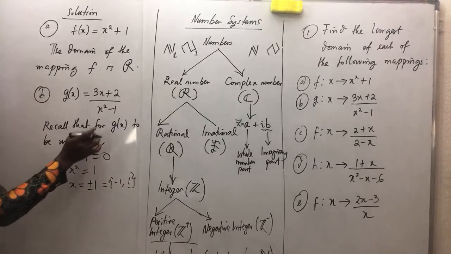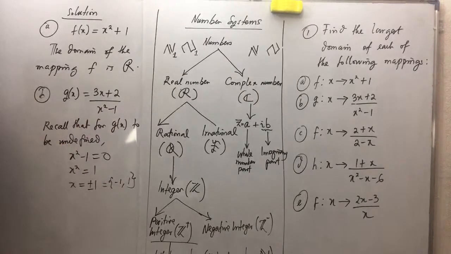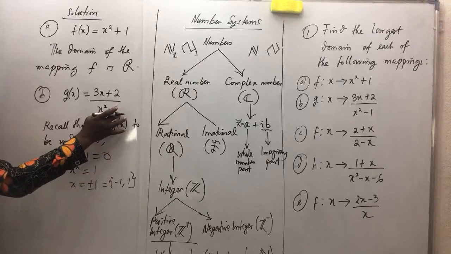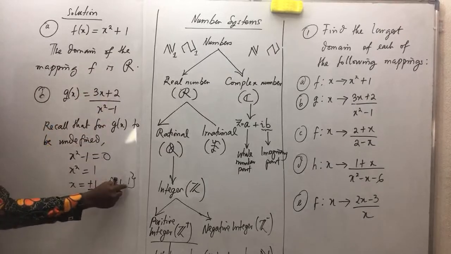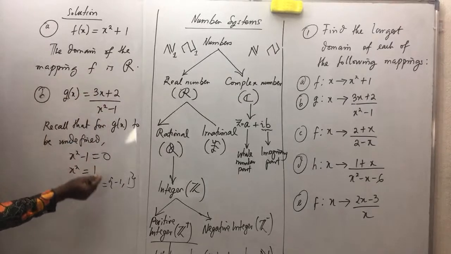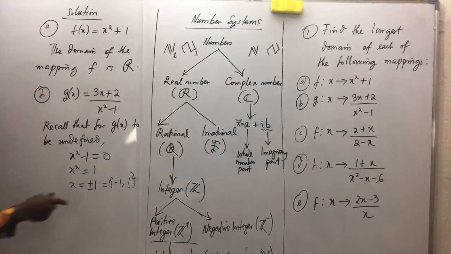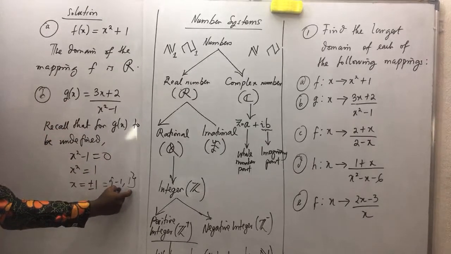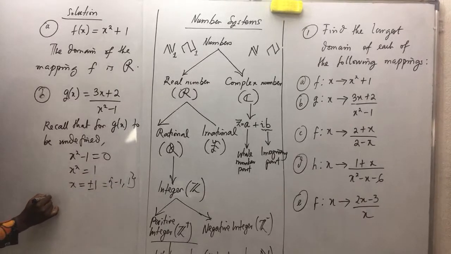So once you know that this function will be undefined at these points, exclude them from the real number system, and that will give you your domain. Doing this helps you to identify the values for which this function is undefined, and those are the values for which the denominator will be equal to 0. When the denominator is equal to 0, this function will be undefined. So you have to start this question by getting the values for which the denominator will be 0. And once you do that, you will now say, therefore,